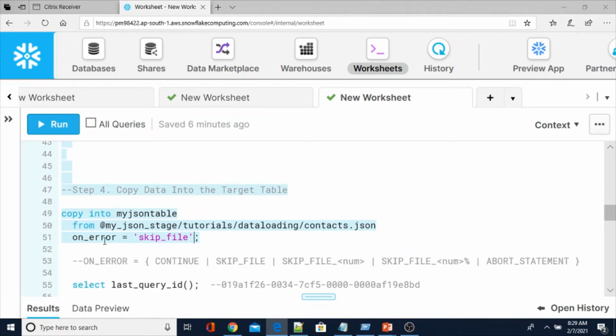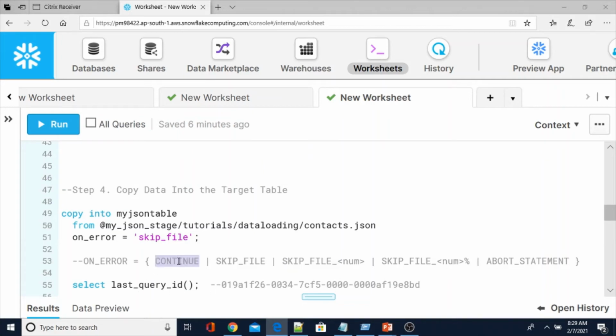What it means is, if you have any errors in the JSON file, it will just skip that file, and whatever valid records there are, it will load. So what are the other on_error options? For on_error, we can provide continue, skip_file_num, skip_file_num percentage, and abort_statement. Let me go through them one by one.